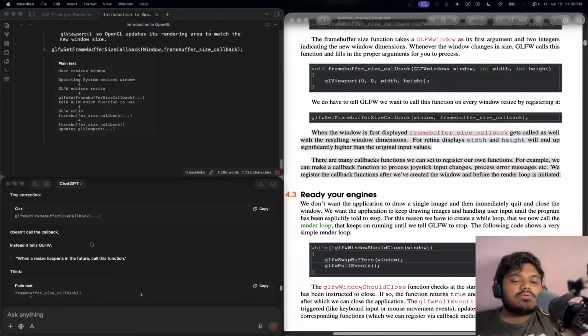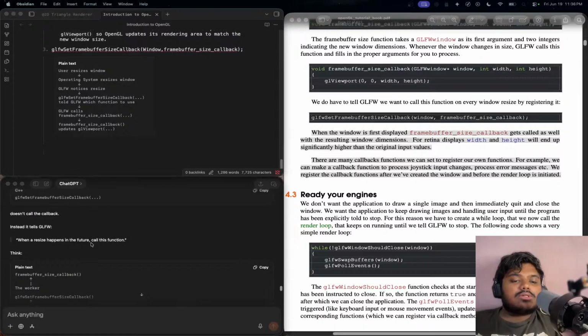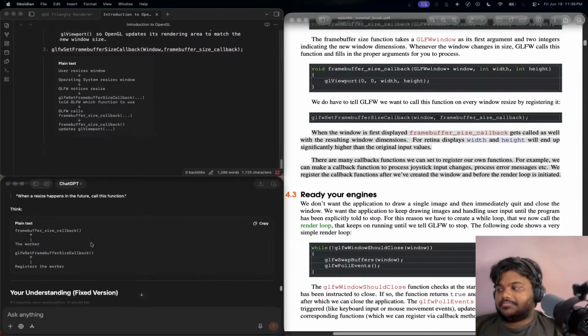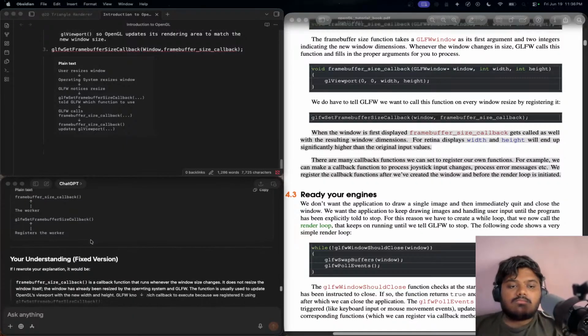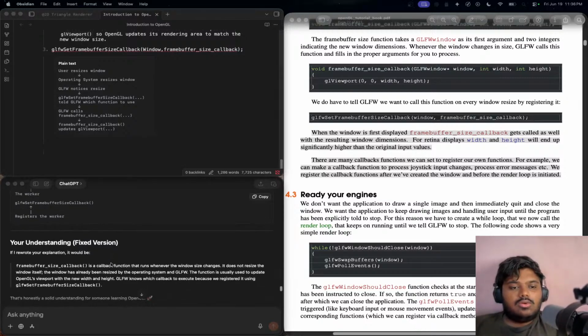And there is something that happened in the function which calls this function. Okay. That means your understanding